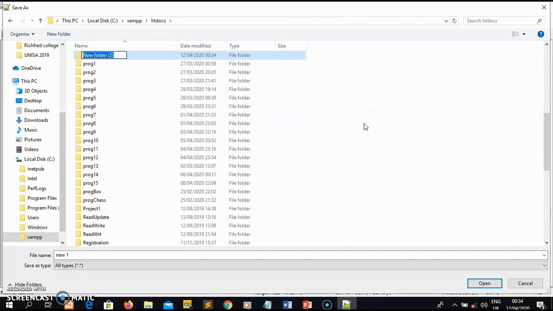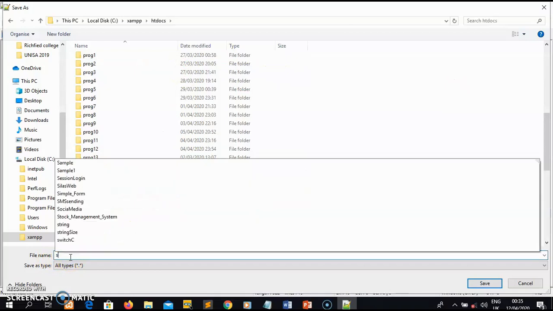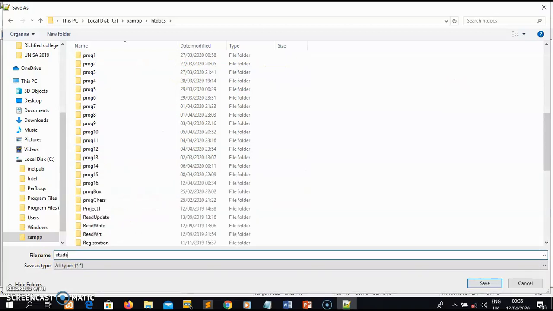So let me just write this prog 16. Okay, just write prog 16. I think it's fine. So this is my project called prog 16. So this front end, let me just give it the name student mark. Okay, student mark.php. I give it an extension .php